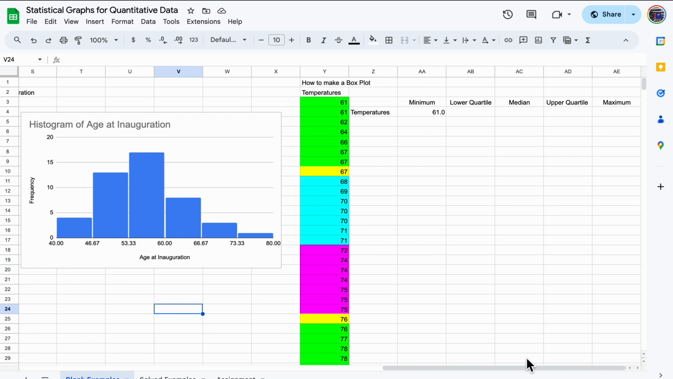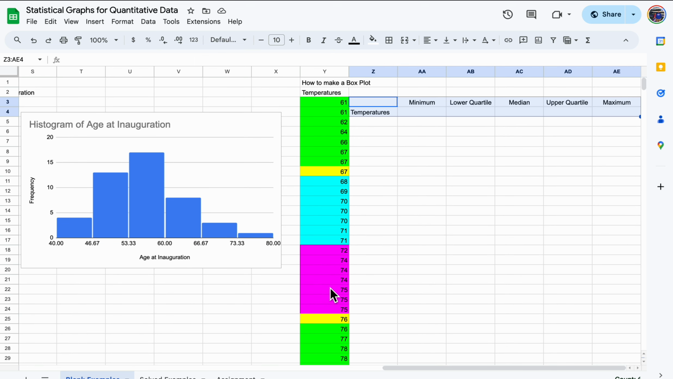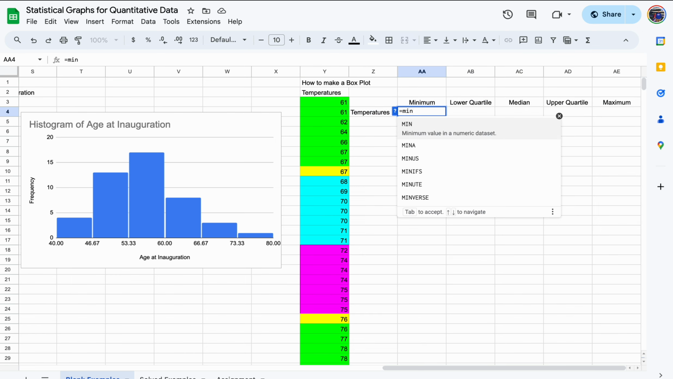The box plot's a little bit more complicated. So we need to have the 5-number summary and a label that represents what that 5-number summary is for. I color coded to break up the data set based off of the quartiles, but you really don't need that. That was just more of a way for me to check to make sure the numbers we come up with here make sense. So I'm going to type equals MIN,